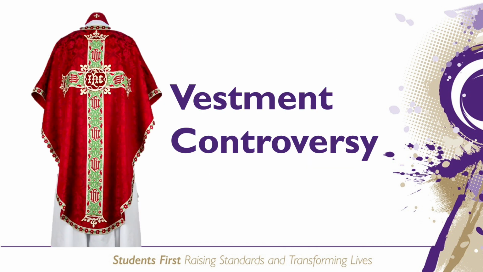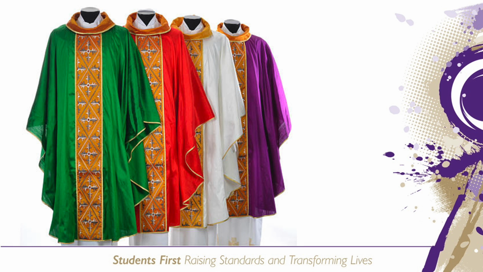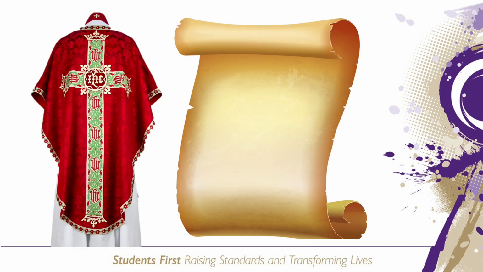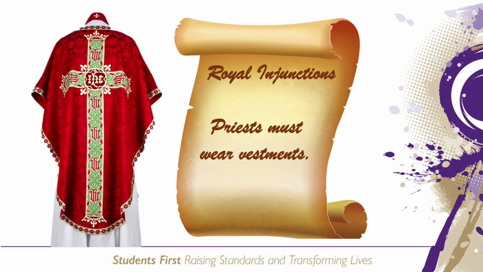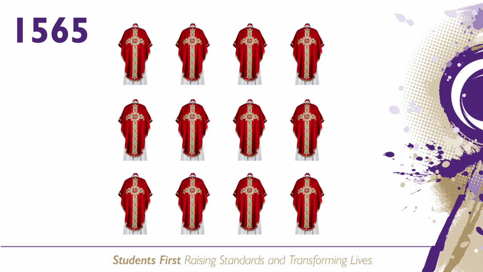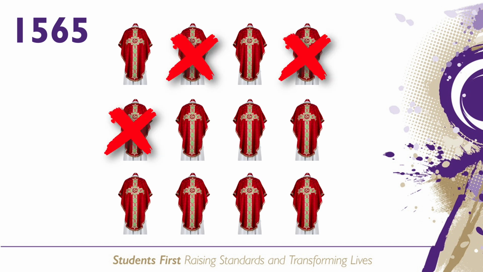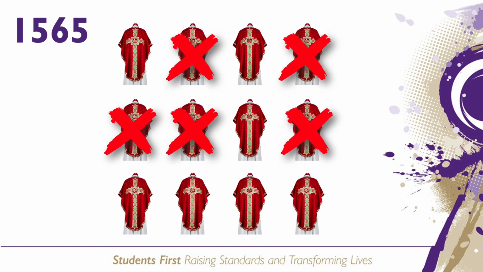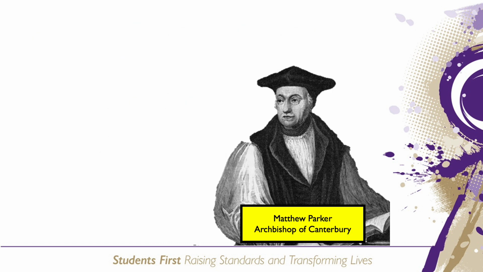The vestment controversy of the 1560s was also a serious challenge to the religious settlement. Remember, a vestment was a special robe that was worn by the clergy during religious services, and these were typically a feature of the Catholic Church. Elizabeth wanted the clergy to wear vestments, but some Puritan priests refused to wear the vestments, which the royal injunctions had made compulsory. By 1565, it was clear that not all the clergy were following the instructions, so in 1566,